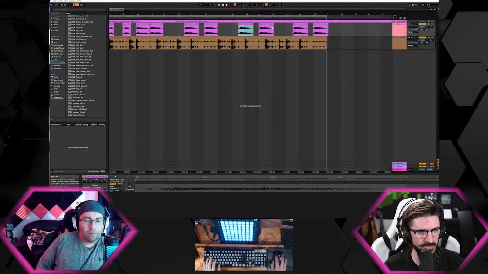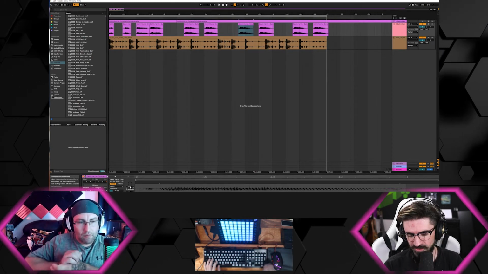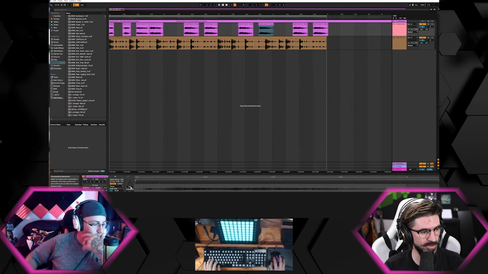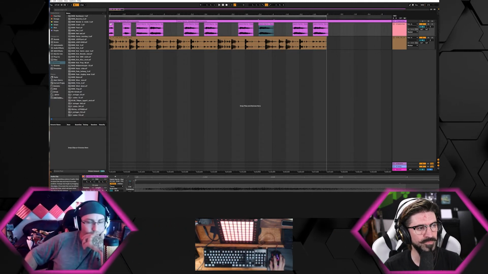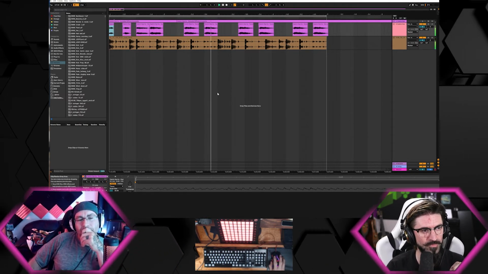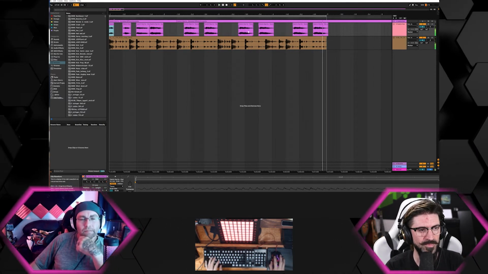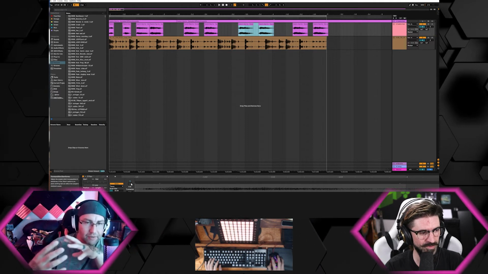If I wanted to change any of these up, like let's put these to a fifth. I'm going to bring them a fifth up on this one and this one. And so you can change each one individually. So you can do this. I didn't like the fifth, but either way, it's just warping it and matching the tempo, and then tuning it